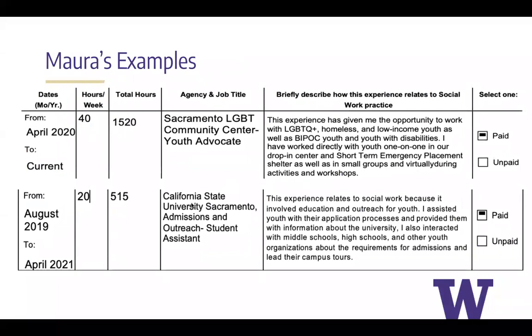And here's a couple of things that I put on my form. Again, the same general format with the dates of the position, the hours per week, and then the total hours. So one of my positions that I put down was a youth advocate role at an LGBT center in my hometown. I put that down and wanted to show you all because it was a paid position that was extremely